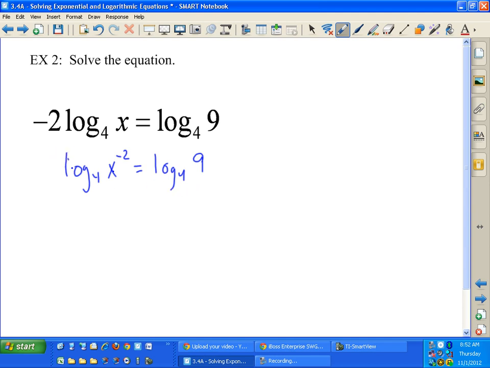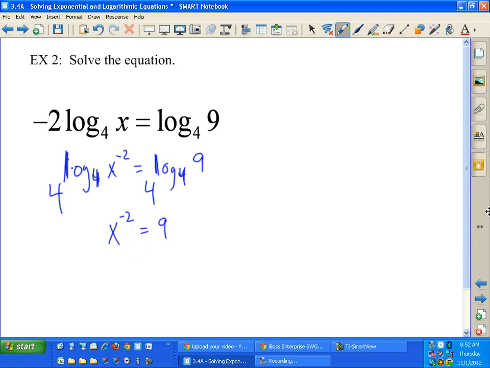And so what I can do to get rid of logs on both sides is make these the exponents of the base, and the base that I would choose would be 4 in this case, because that is the base of my log. So if I make these powers, so 4 to the power of log base 4 of x and 4 to the power of log base 4 of 9 would cancel out the log bases. So I'm really left with x to the negative 2 equals 9,